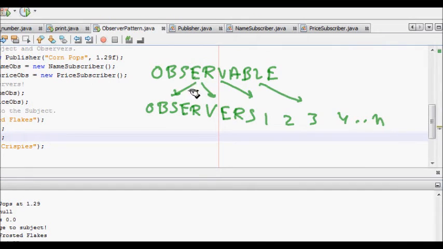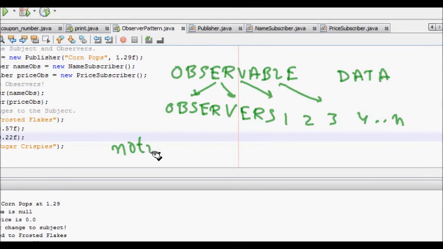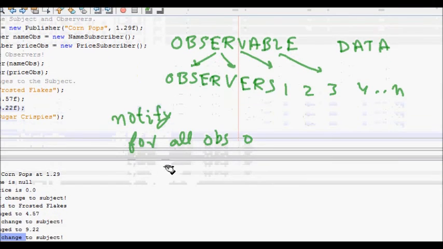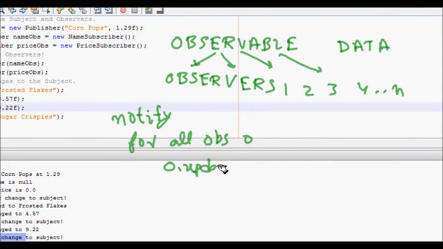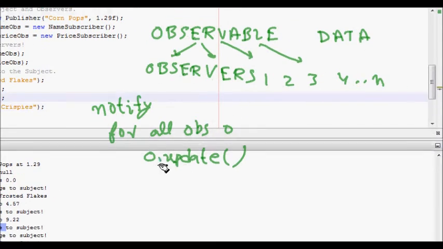This class has some data, many data can be there, and these observers subscribe so that if there is a change in any data, they will be notified. There is a notify method, which runs a for loop for all observers. It calls o dot update, and in that update method they will update whatever changes are there, and this is the method of the observer.